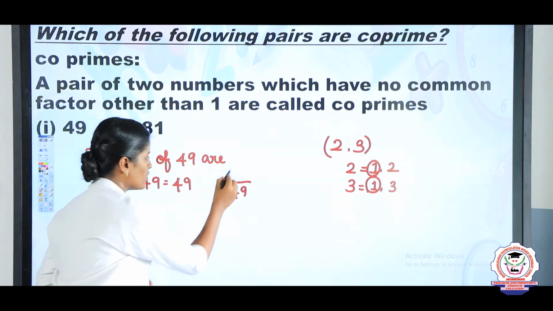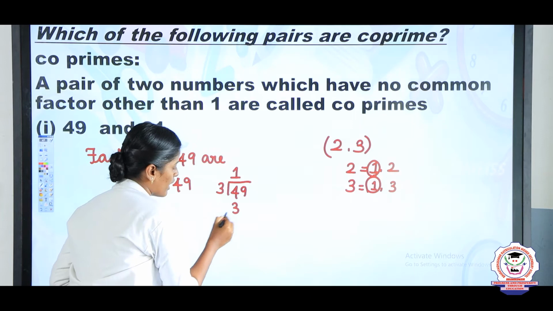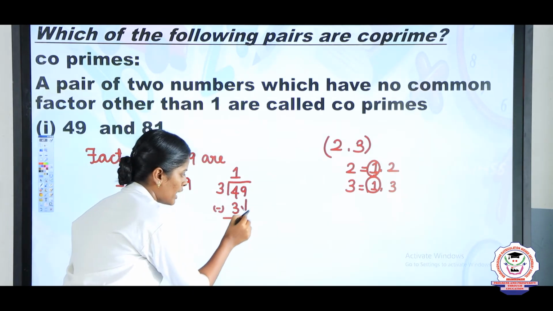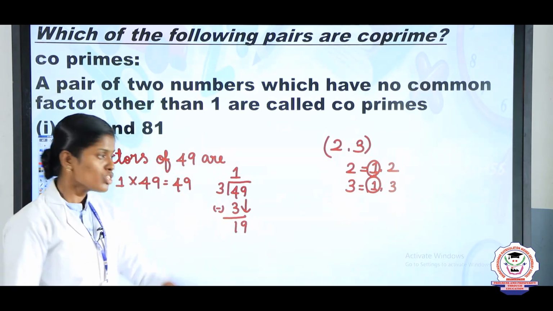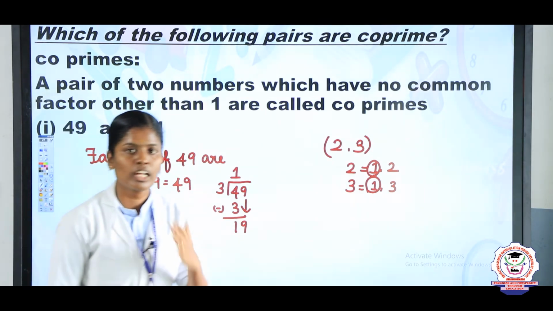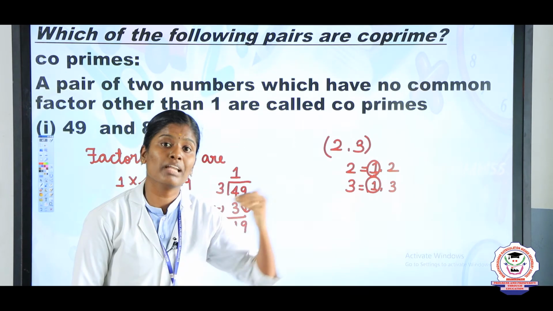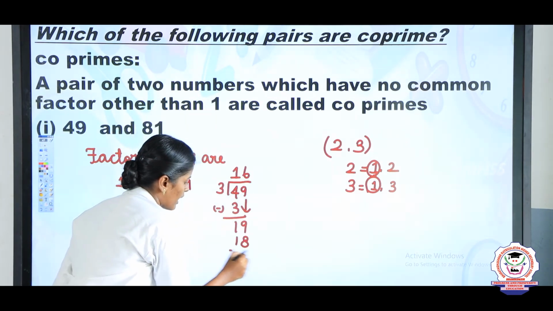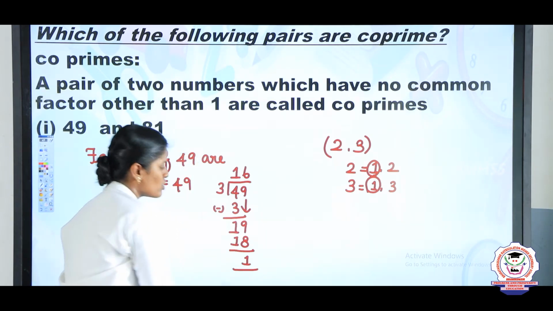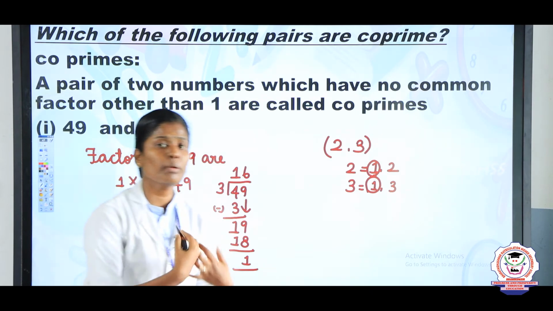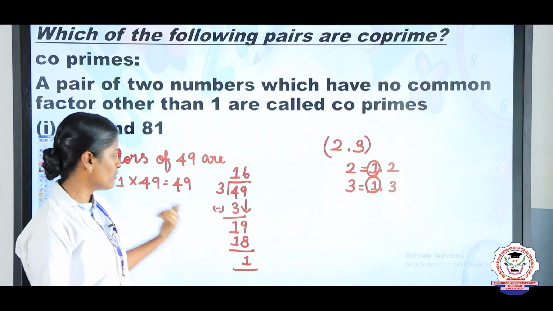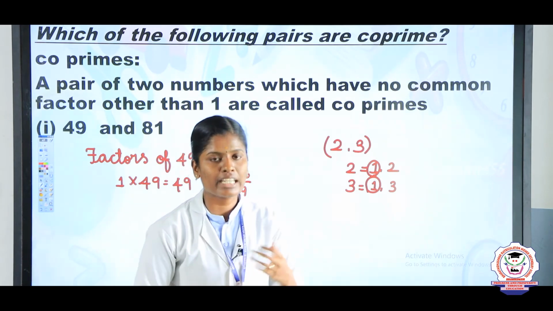So, take 1 three is 3. And what is the answer? 4 minus 3 is 1. Then I will bring down 9. Now, does the 3 table have 19? No, it doesn't. The 3 table has 18. 6 threes are 18. Now, 19 minus 18, the answer is 1. So, listen children, the 3 table is not possible. Next we will take the 4 table. The 4 table also, 49 will not come, and 5 table, 6 table.